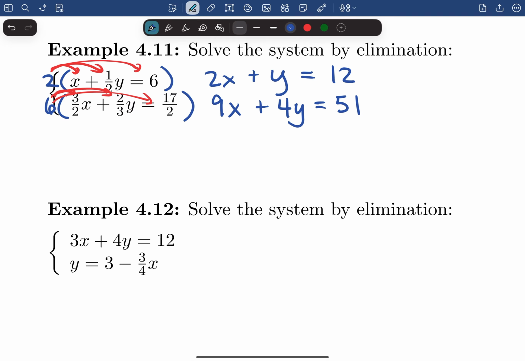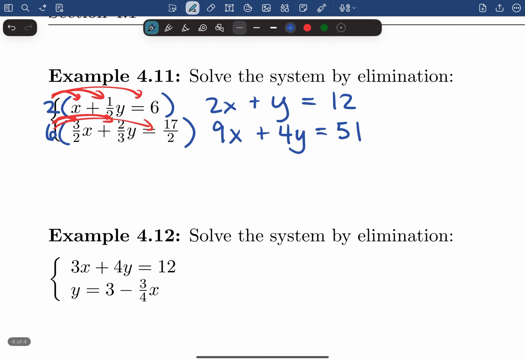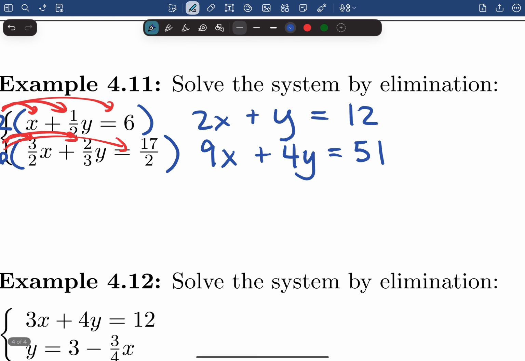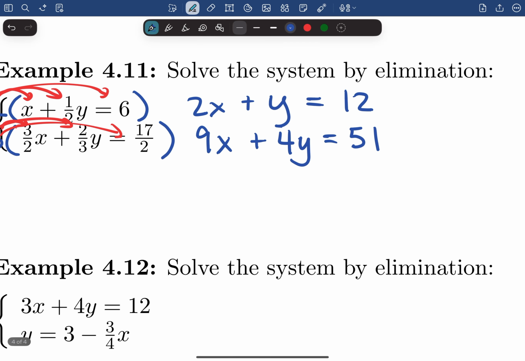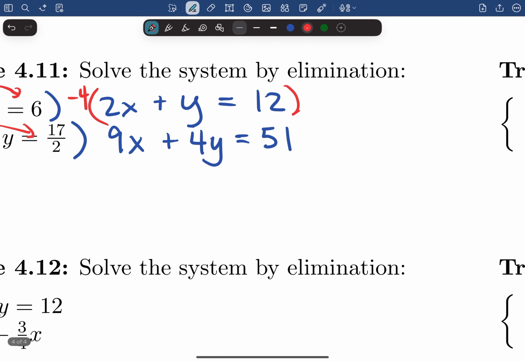Okay, and now I'm going to check, hey, how would I use elimination in this case? And I think for a second here, and I say, well, if I multiplied this top equation by negative 4, then I'd get negative 4y here, and then I'd add it with 4y, and I'd be eliminating the y's. So that's what I'm going to do. I'm going to multiply this top equation by negative 4. Okay, and so I'm going to rewrite this whole thing now,